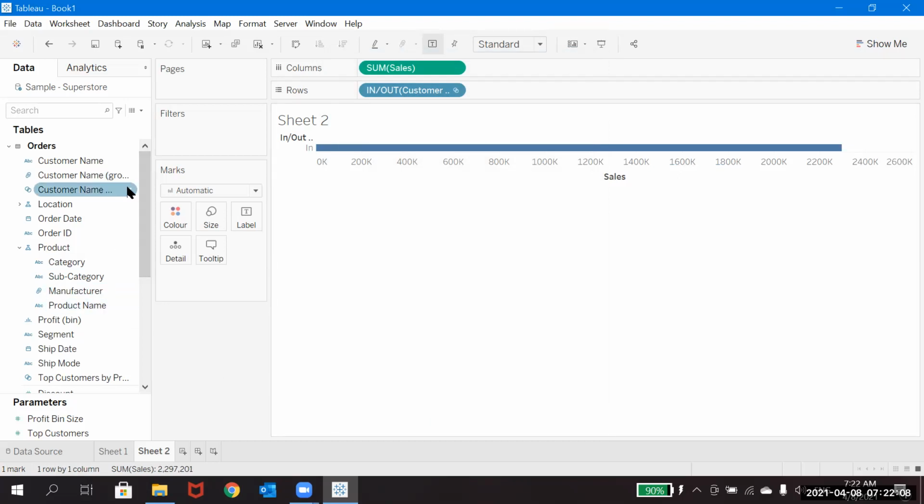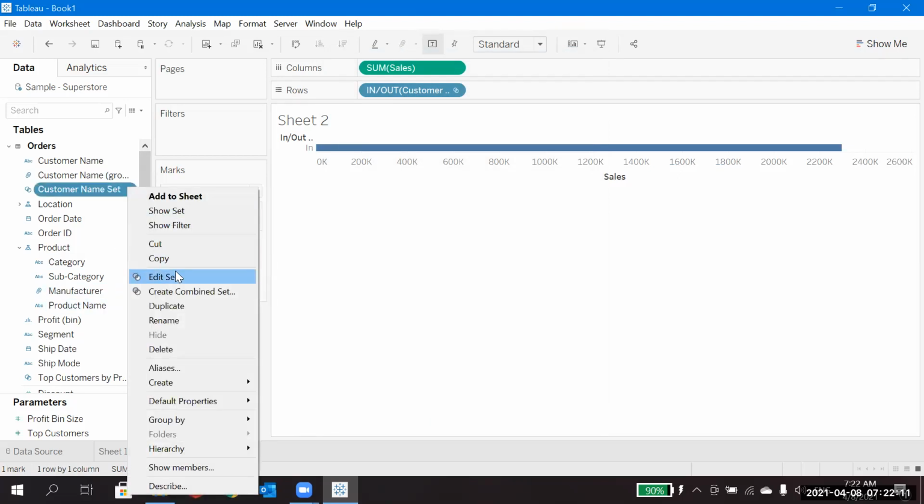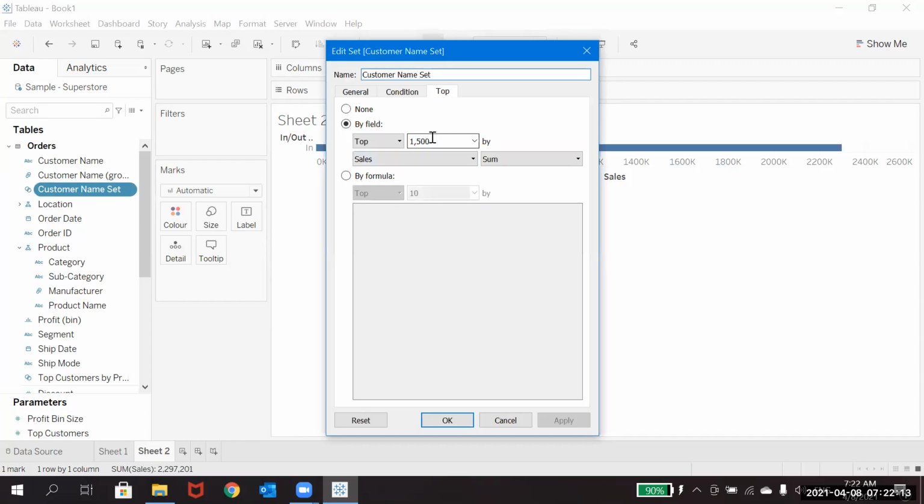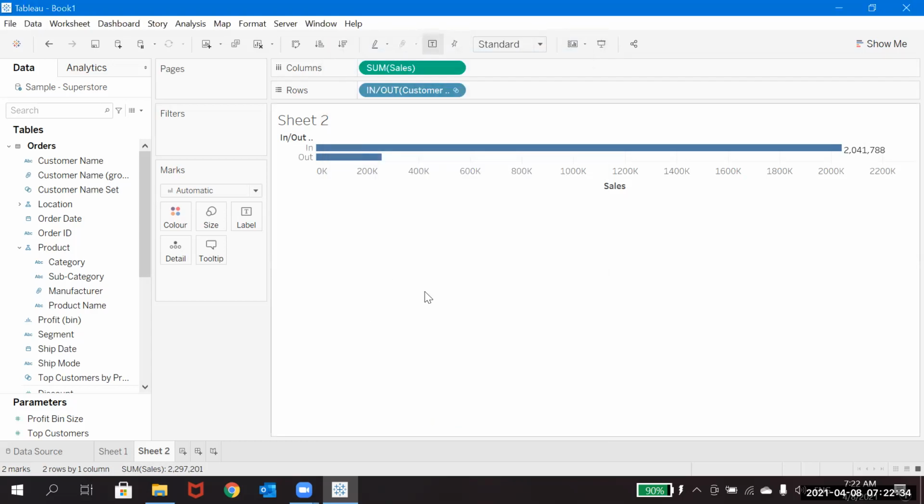Still it is there. Let me give 1000. No. I think almost all the values are coming in the top only, and there are very few values elsewhere. Just 500 customers itself is giving you 80% of the sales.